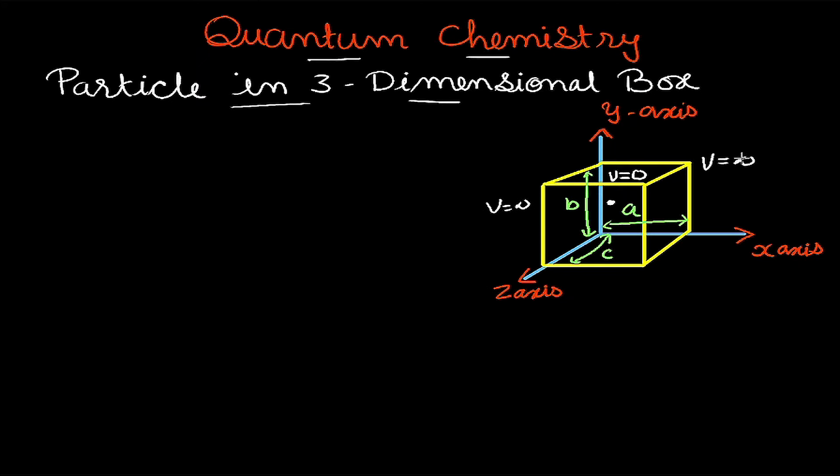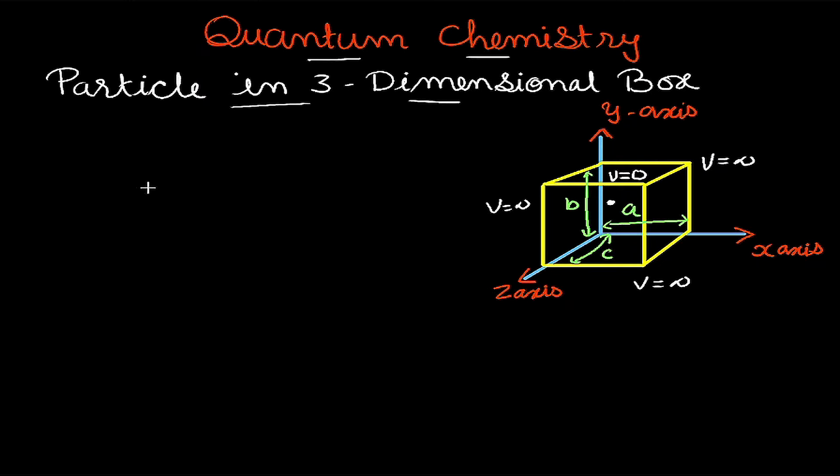And as the potential energy on the walls as well as outside the walls is infinity, the wave function will be zero, as we have seen in our previous video. And as a result the particle will not exist outside the box,